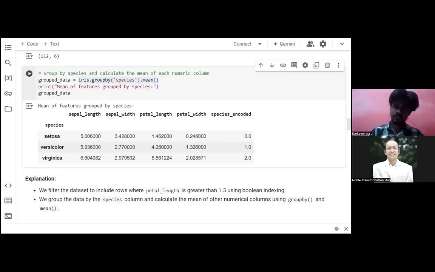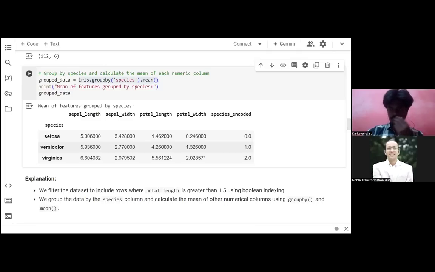Then we group the data by the species column and calculate the mean of the numerical columns using groupby brackets. We'll use this groupby, and in brackets we'll put the kind of group, species, or other. It can be XYZ, whatever group you want to manipulate.